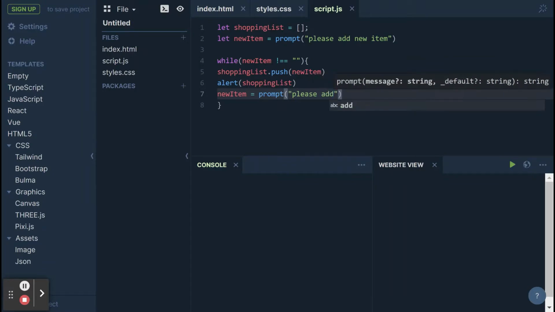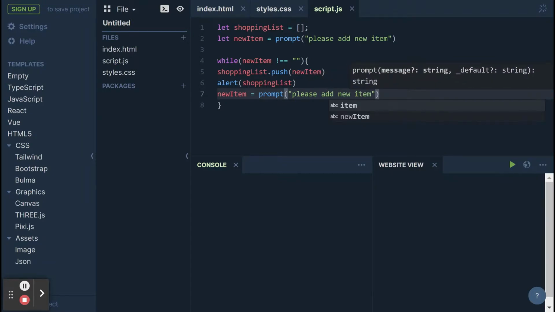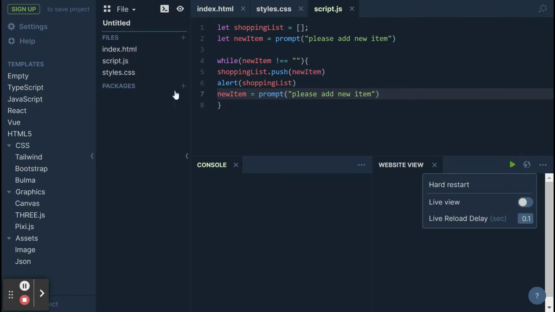please add new item. And now when we run our code, please add a new item, oranges. Now we see oranges, we click OK, and we get another prompt, exactly what we wanted. And now let's say apples. And now you can see that the computer remembers our entire list. And this will keep on going until we click OK, and there's nothing inside our prompt,